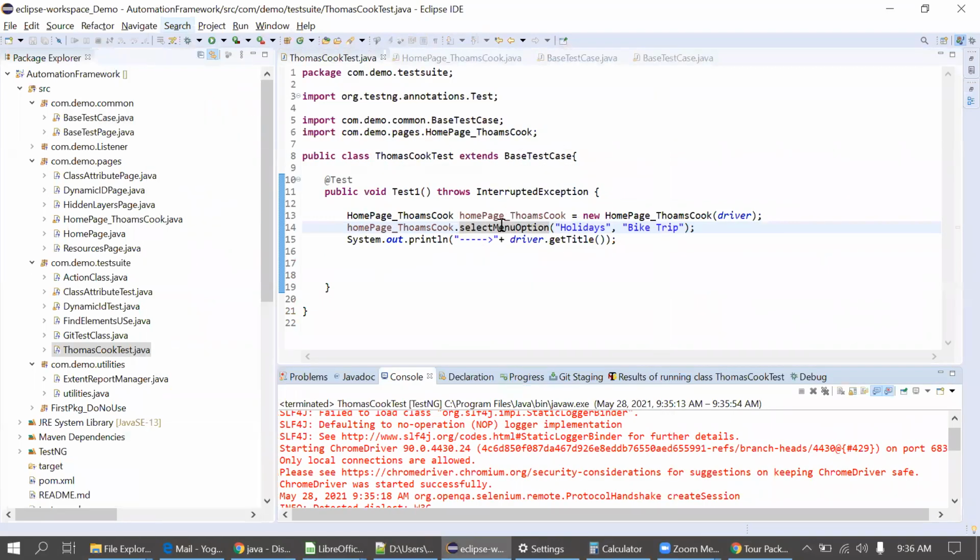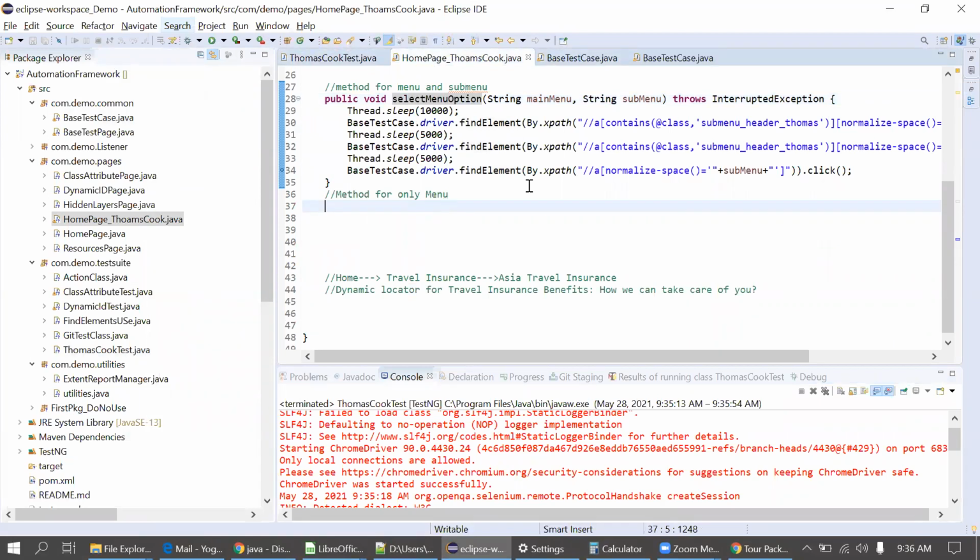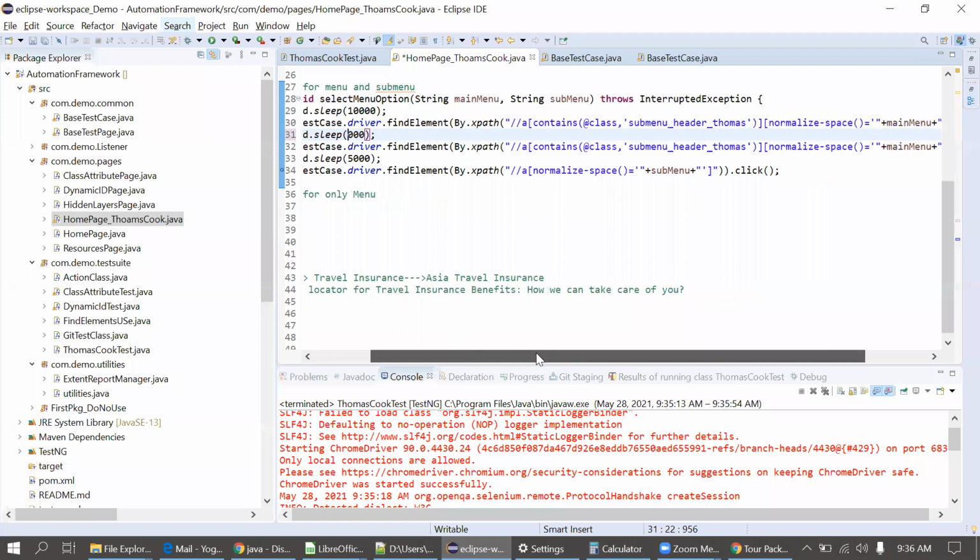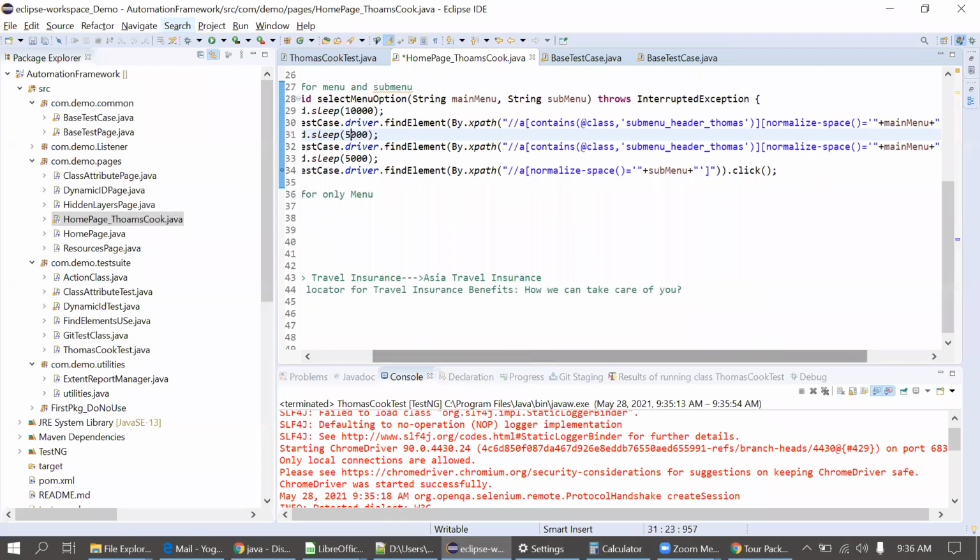Menu, make it 10, not here. Keep it 5 here, and I'll make it 10 there. The time should be greater than 5.